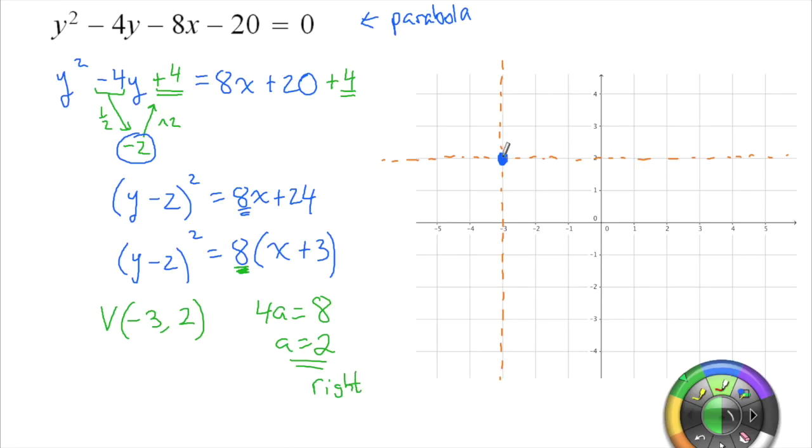So you start at the vertex and you go 1, 2, and there's our focus. We'll label it F. Oop, we'll go back and label this V because that's our vertex. If you want, the directrix is the opposite direction. I'll put it in green. So if you go from the vertex to the focus to the right, you go from the vertex to the focus to the left 2 units, and it becomes a vertical line